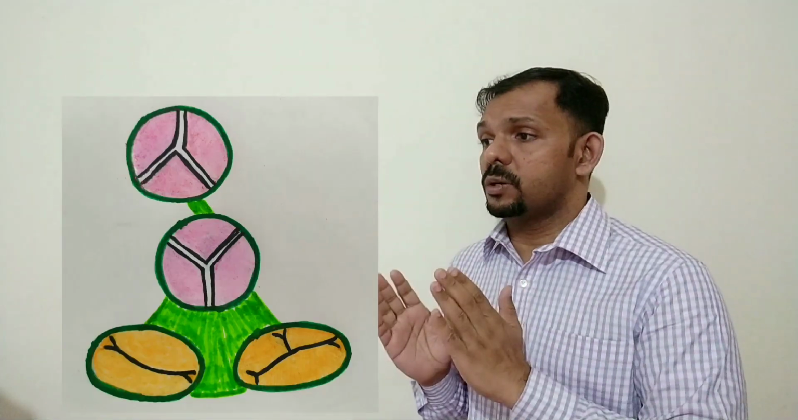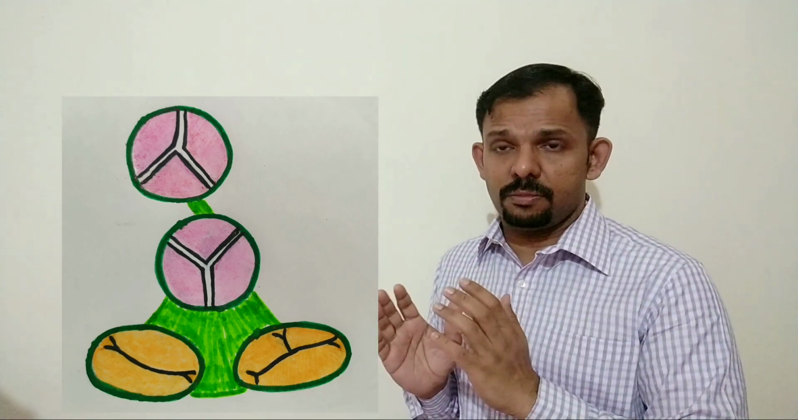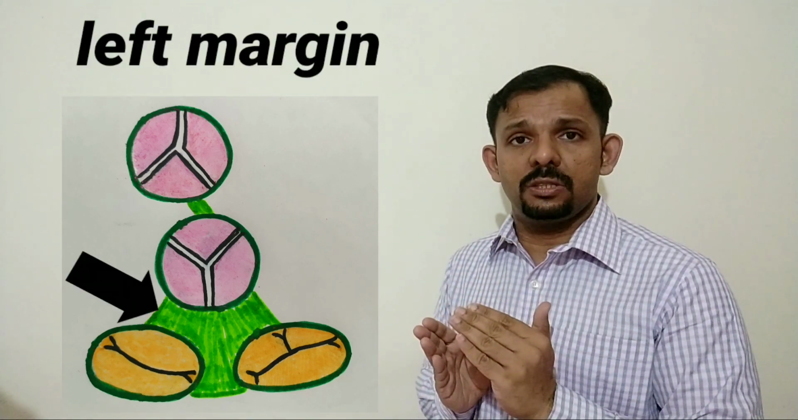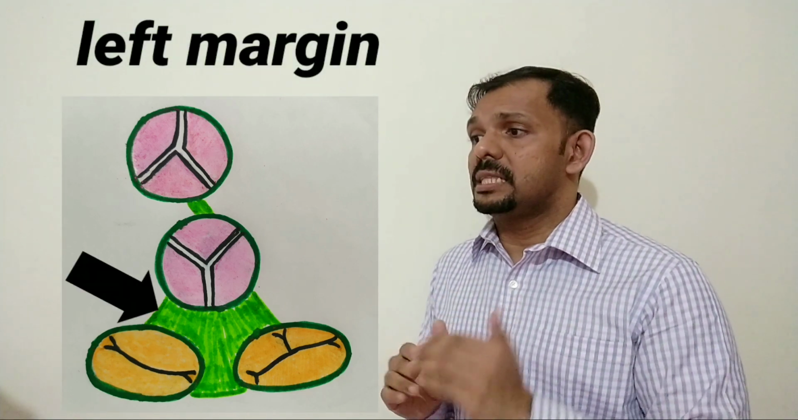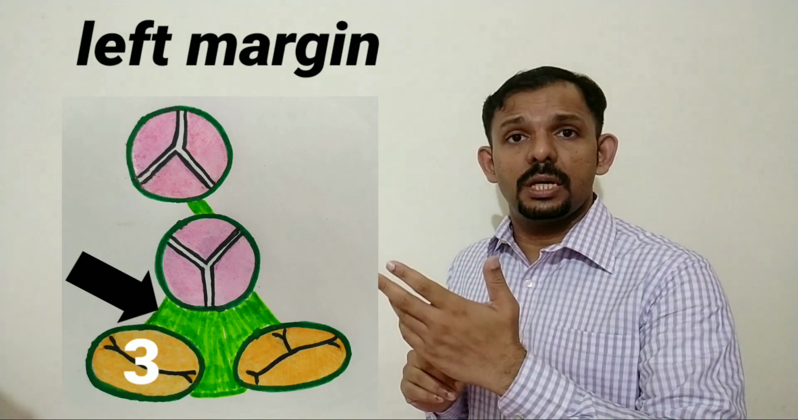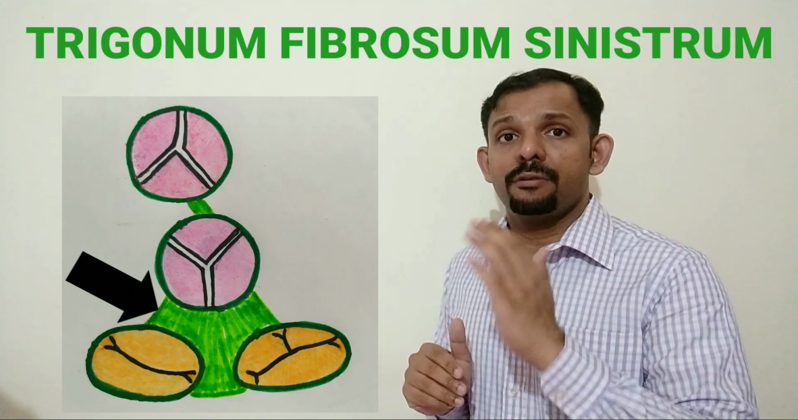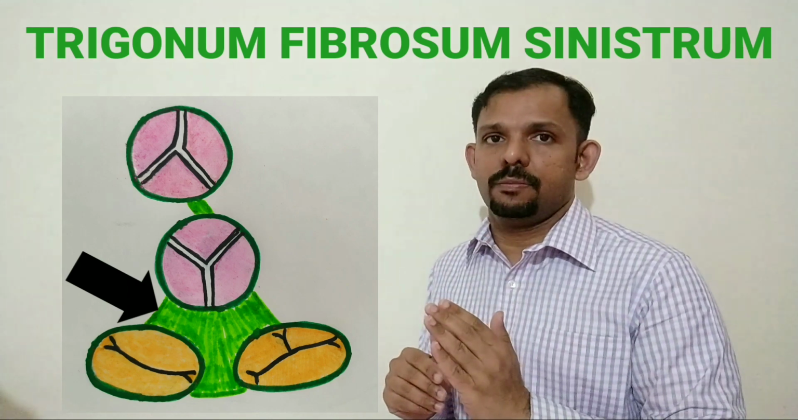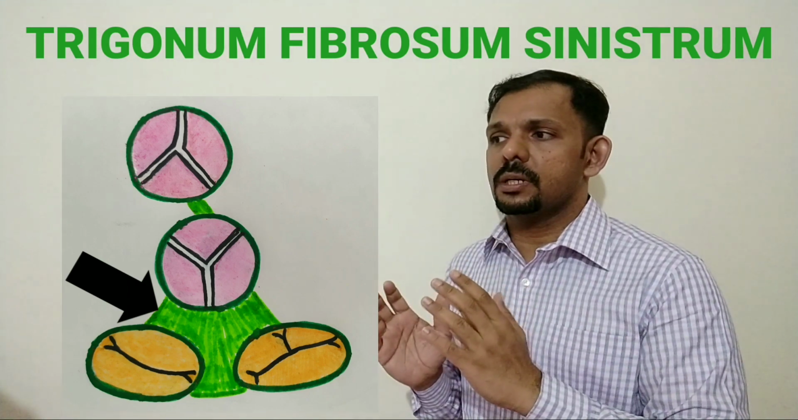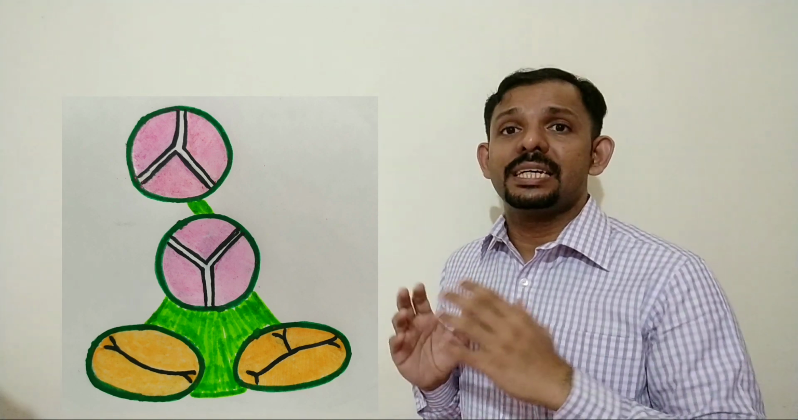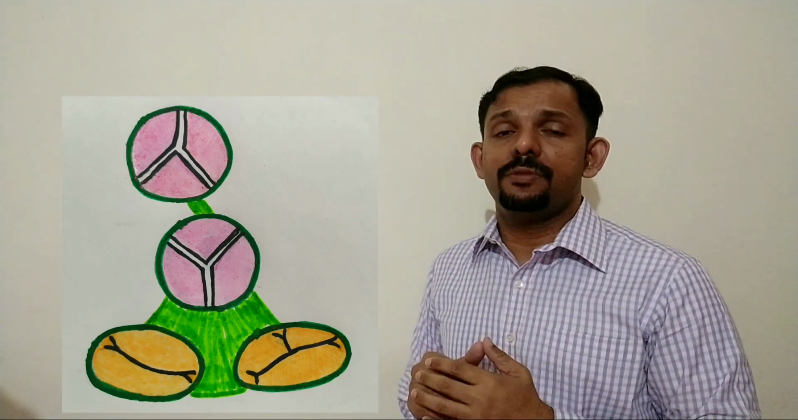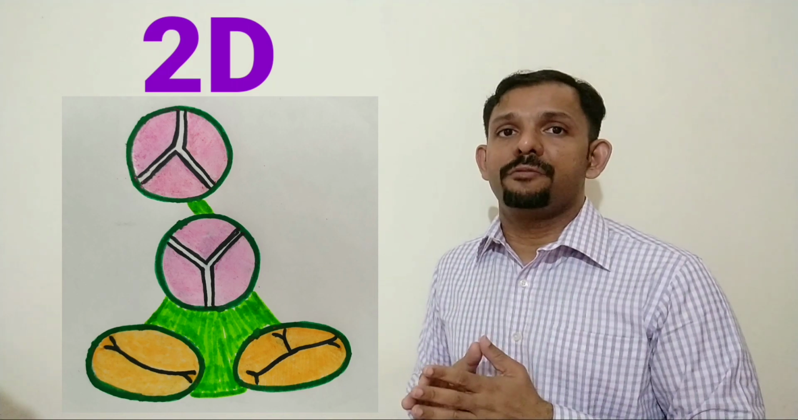So we have the trigonum fibrosum dextrum and the left margin of that, which connects the mitral to the aortic. That is known as the trigonum fibrosum sinistrum. So what you see over here is, in simple terms, the schematic representation of the 2D model of the skeleton